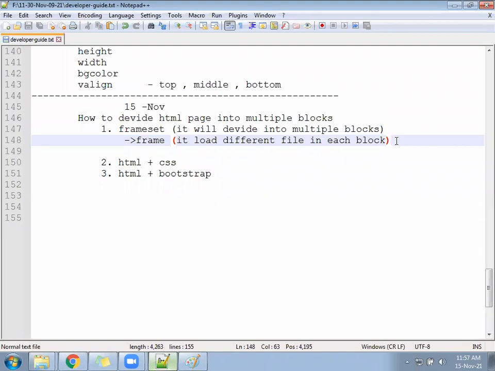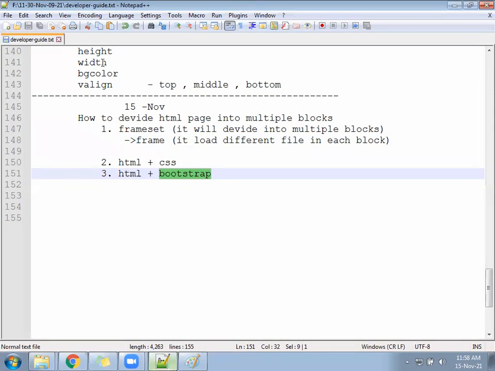Second method, HTML plus CSS, depends on experience. If you have good knowledge you can do anything, if you have no knowledge you can't do anything. Last method: if you have no knowledge of CSS, also no problem, you need to remember a list of classes. Nearly 500 words we have to remember. If you remember nearly 500 words, then we can design any layout. Using which method? The last method, if you have zero knowledge of CSS. HTML plus Bootstrap, grid system plus the list of classes, if you remember, we could design awesome layouts. So those are our steps.